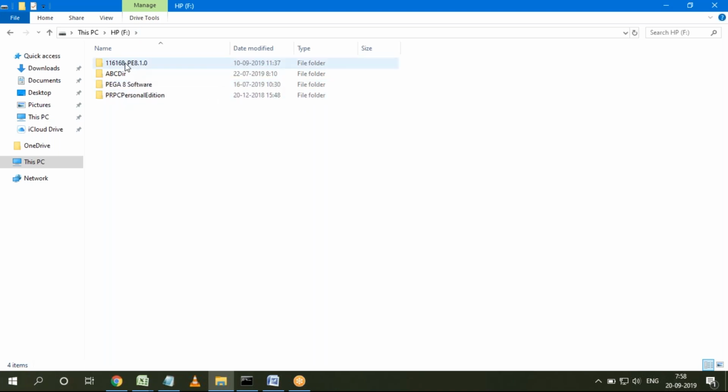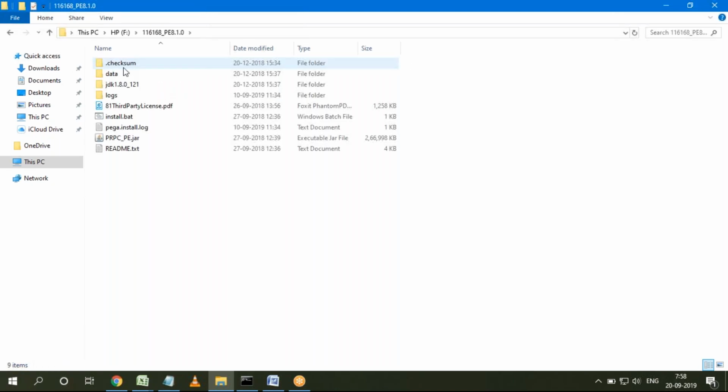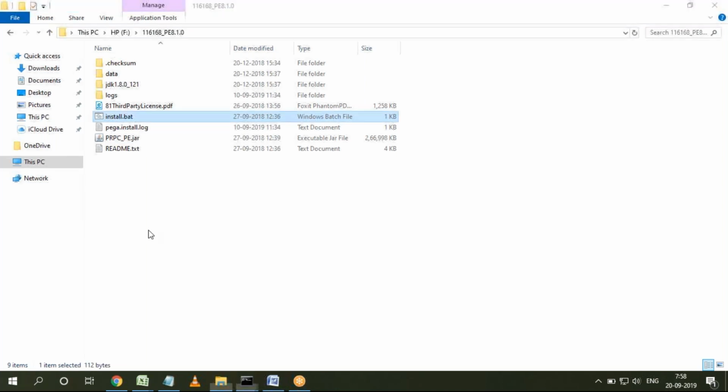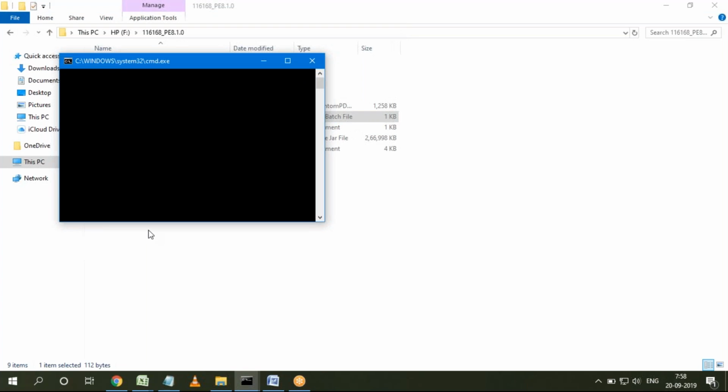So once we copy this, you'll be clicking the folder and you'll be seeing these files and different folders. Once it is done, you have to start the installation. To start the installation, you have to click on this install file that will be there. So click on this install file. I'm not installing the complete setup now, but just showing the process. So when you click on that install,